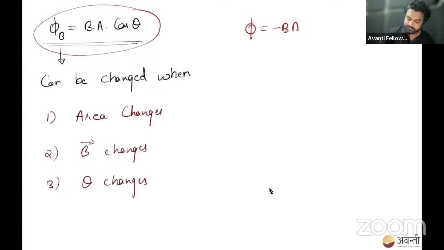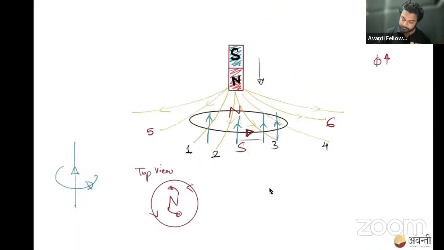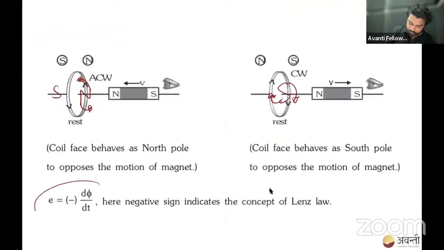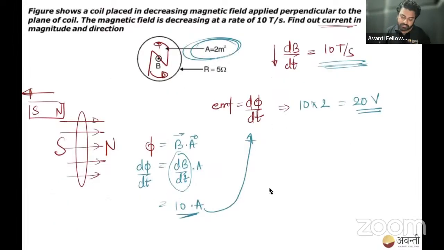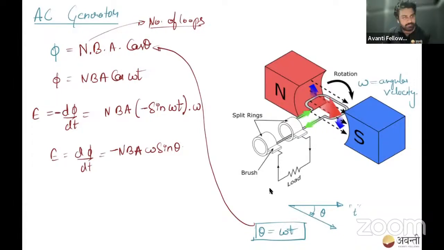Or let's say in EMF, he used to put it. So I'll just mention where we have to change a little bit. Here, see here. This minus was introduced by Faraday with the help of Lenz's law. So this minus you have to remember. Where to use this minus now? Look here. E is equal to minus d phi by dt, and minus minus will become plus. So plus NBA sine theta, and theta is omega t.